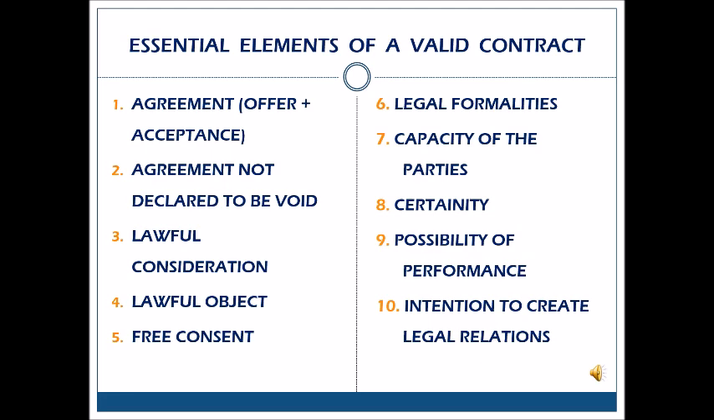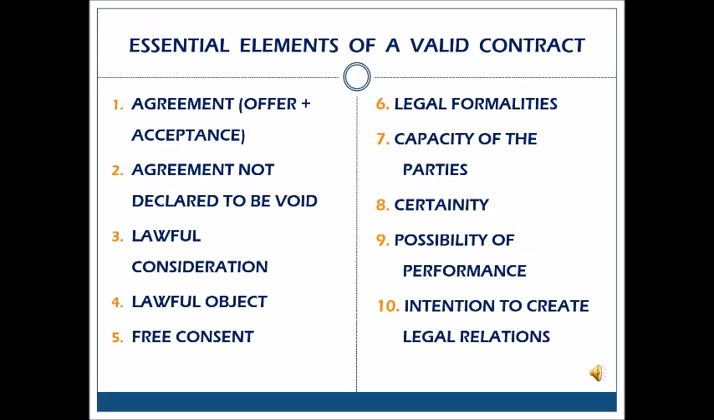The tenth and the last important element of a valid contract is the intention to create legal relations. Both parties, when they are entering into an agreement, when they are entering into a contract, also have to have an intention to create legal relations. When both parties create legal relations, they are bound to face legal consequences or legal problems if there is a breach of contract, or if one party fails to perform. Hence, there has to be an intention to create legal relations in order to keep the contract